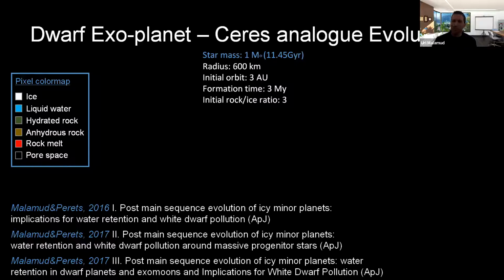So for the fate of the inner solar system, I expect all of the dwarf planets to lose all of their water. Maybe you can survive at the orbit of Neptune or trans-Neptunian objects and things like that. But in the inner solar system, even if you're a really large minor planet, you will lose all your water. Yes, definitely. And definitely at the distance of the Earth from the sun.